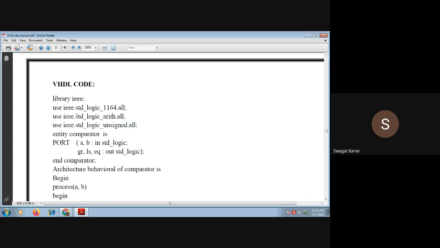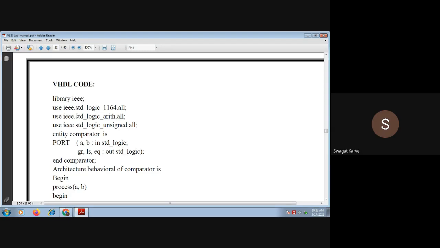Along with this, we are using the arithmetic package, which contains the equal to, greater than, less than signs, right? So that package we have defined here.